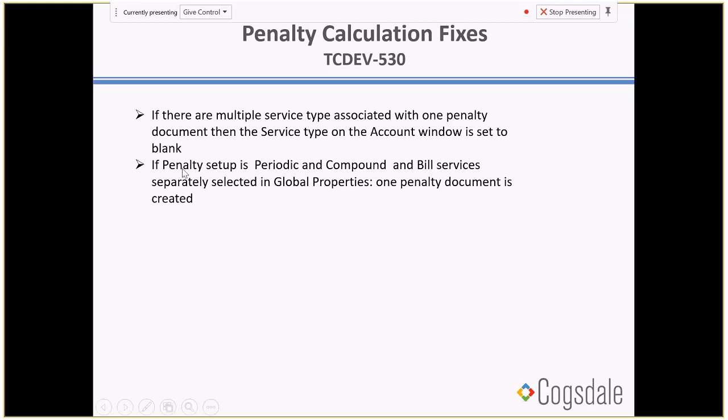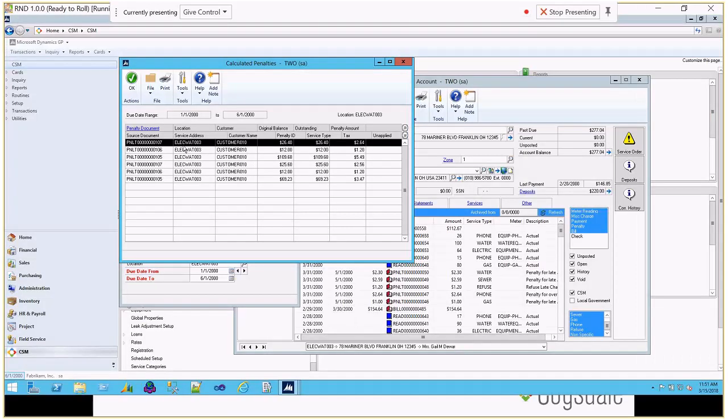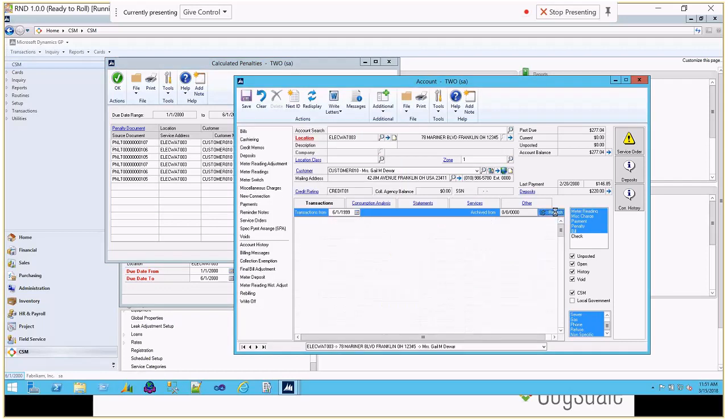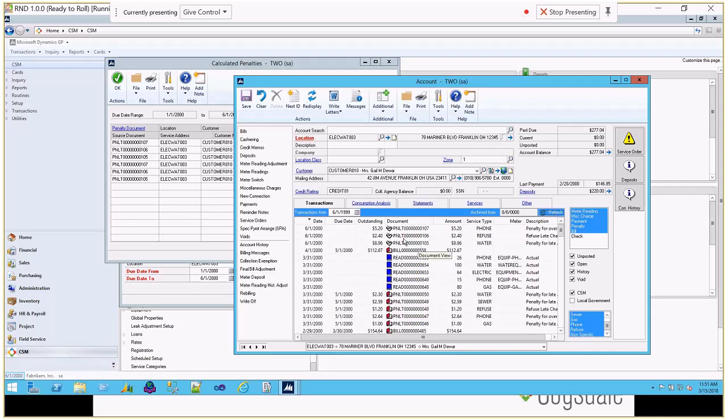And in a penalty setup, if this combination is periodic, compound, and bill services separately, then we create one penalty document in this combination. But this is bill services separately. We do have a few customers that are using this option. So if I go back here, you can see, because I have a different setup here, probably maybe even one time, penalties, I calculated a few penalty documents. If I go and refresh my window, I can see I created like 3